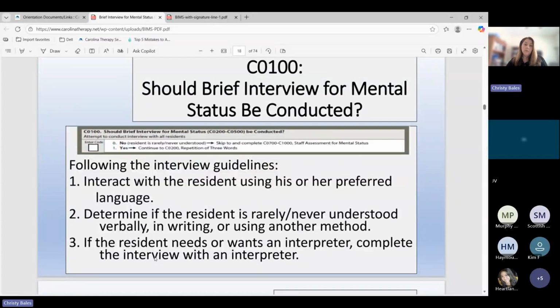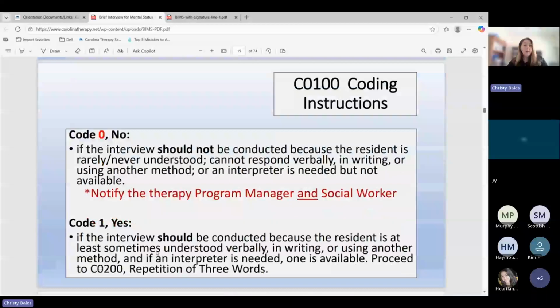C0100. Should the brief interview for mental status be conducted? This is a yes or no question, and these are the guidelines. So you interact with the resident using his or her preferred language. Determine if the resident is rarely or never understood verbally, in writing, or using another method. If the resident needs or wants an interpreter, have an interpreter. And if